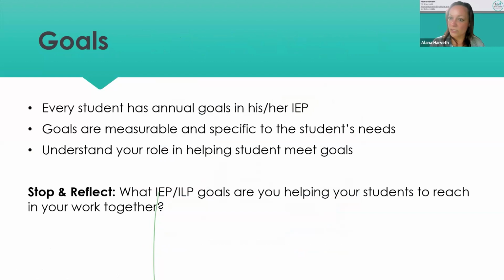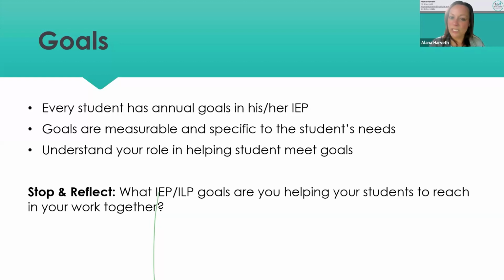I don't know if any of you get to join those annual case conferences or not. Sometimes they do have paras join, and sometimes they don't. If you're one-to-one with the student, you probably will, but sometimes the teacher just asks for your input, and then you don't have to go to the meeting. Either way, it's up to the parent and up to the team.